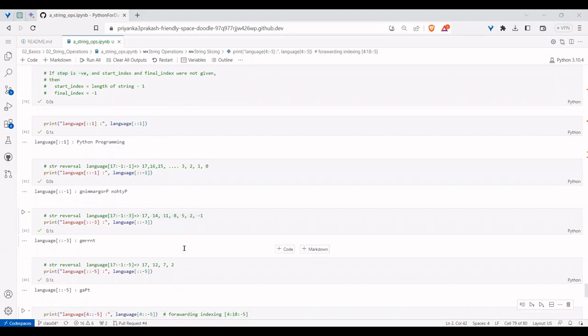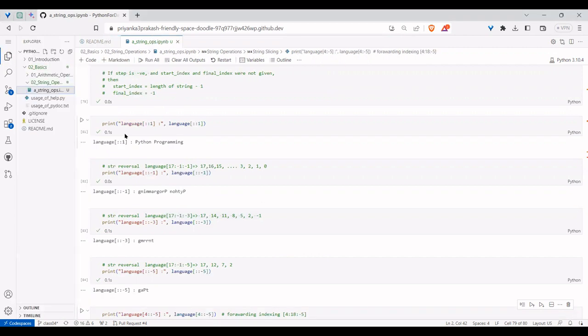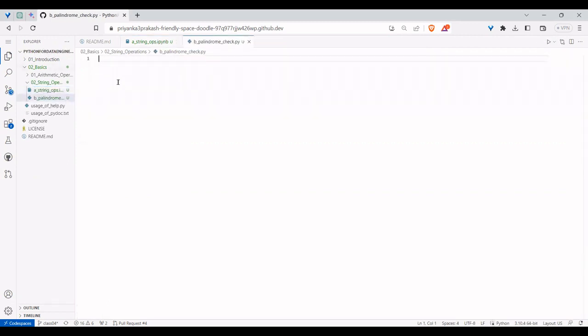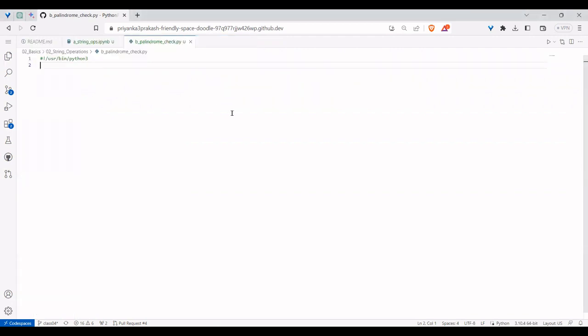And one more practical example of using these things is a palindrome check. If I take that as an example, let me take a py file. Py file means a Python script, right? So how do we write a typical Python script? I think we have been doing it for quite some time. The shebang line, which is not mandatory, but if you add it, it would be best. And in the next line, we want to write some documentation. For that, we write docstrings, right?